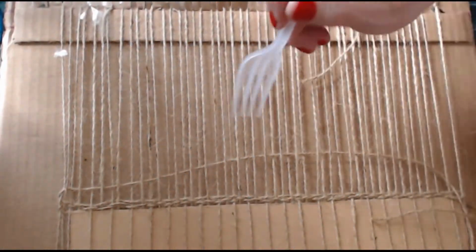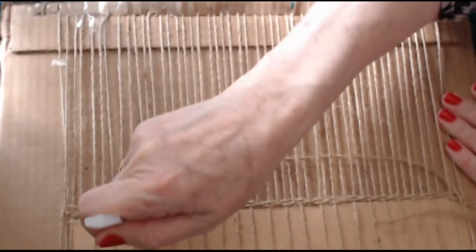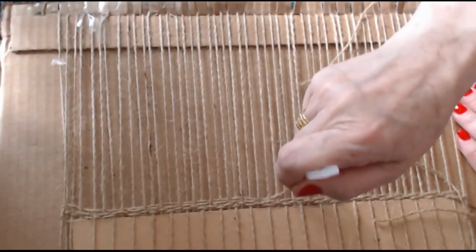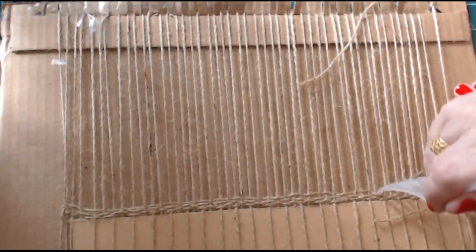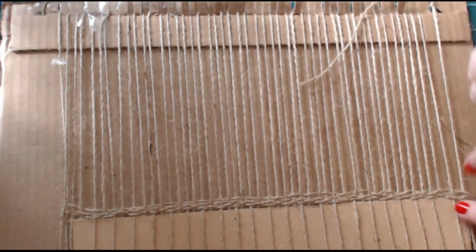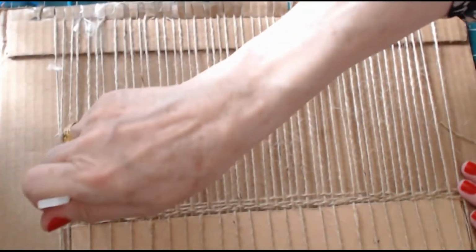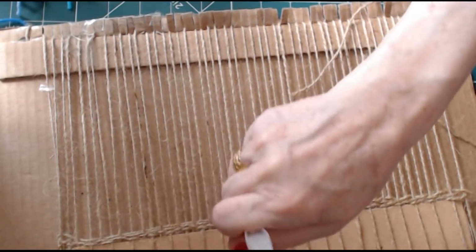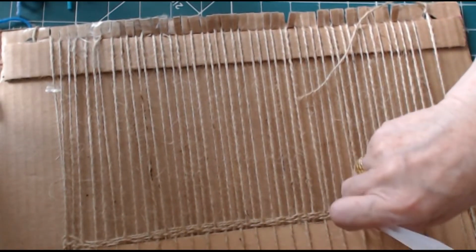So that's done, and with the fork you're just going to beat these down. Okay, now by doing it this way you don't get the weft too tight. So if it's not too tight, it's not going to pull these in here and create a waste. So very, very gently we're going to just beat them down like so,